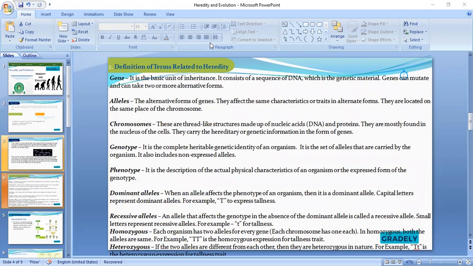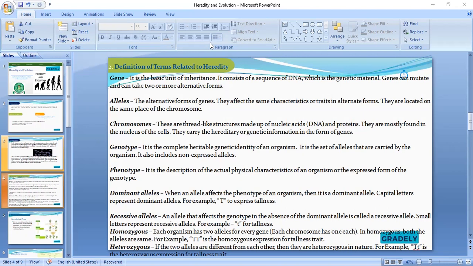So we can have capital A, capital A. We can have small a, small a. We can have capital S, capital S. We can have small s, small s. We can have capital R, capital R. We can have small r, small r. These are what? Homozygous. They look alike. So we're not looking at if it's dominant or recessive. No. What we're looking at is, are they alike?